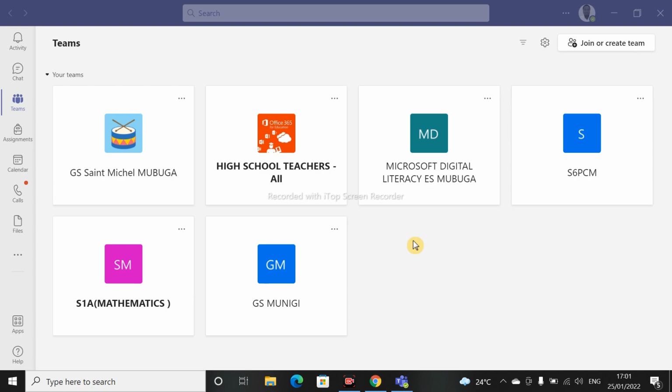Microsoft Teams. To create a meeting using Microsoft Teams, you just open your Teams, your software Microsoft Teams, as I did, and you click on calendar. You see the calendar here. You click on calendar to create a meeting. Yeah, you see it here, calendar, and you come and click on the calendar,